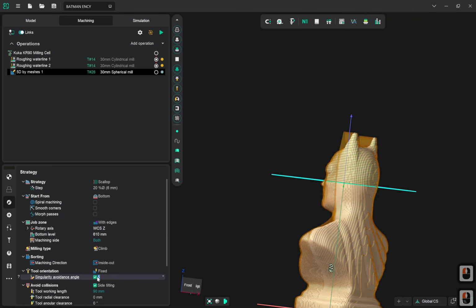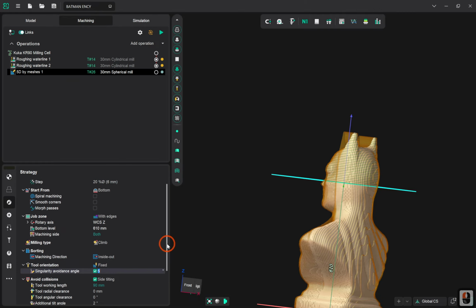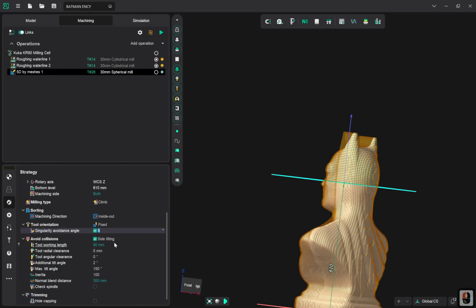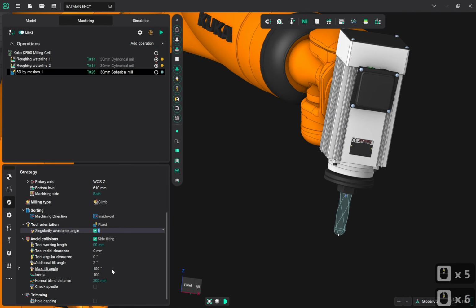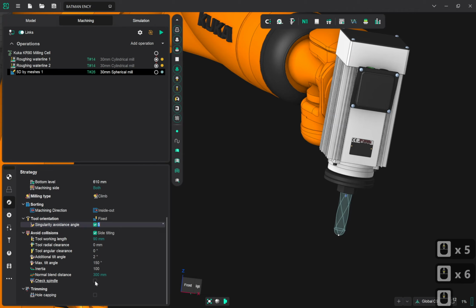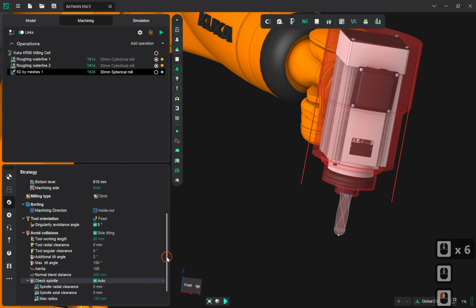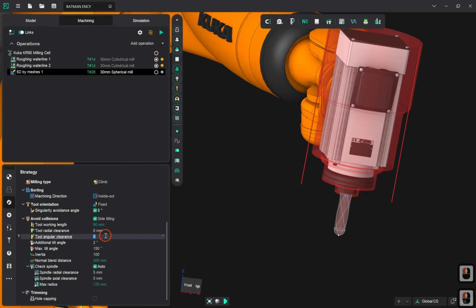So I'm going to turn on singularity avoidance angle. We also want to make sure that it's happy doing side tilting. One thing I'm going to do as well is tell it to check the spindle. So what we can do here is define tool clearance and tool angular clearance. Okay, so I've just put that up to 50 because it's wildly exaggerated, but you can now see